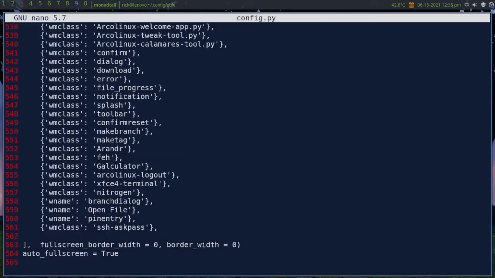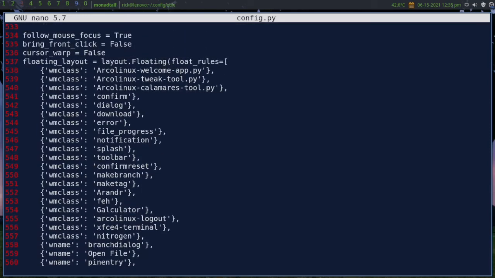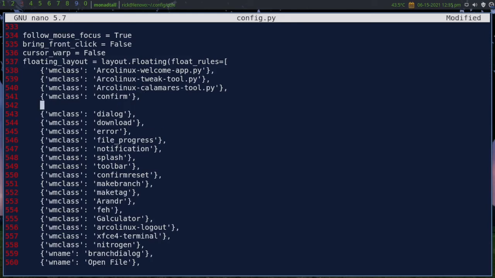Here's where you can enter in floating names as well. The nitrogen floats, the calculator, all these are float. Now I have to find out exactly what it says in the title bar or class for it, but let's just assume for a moment that